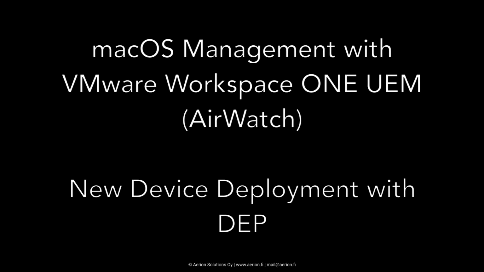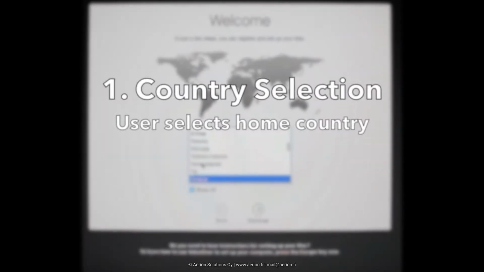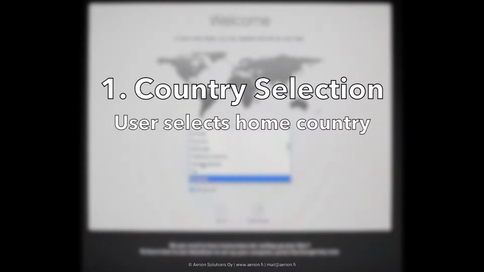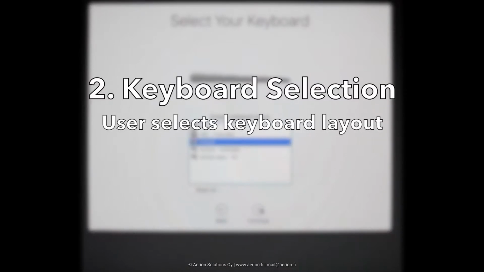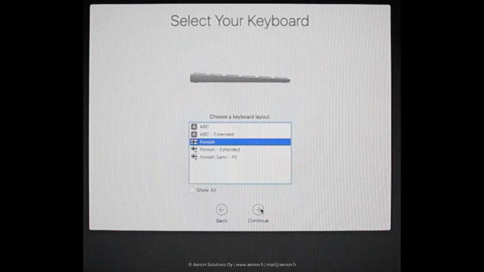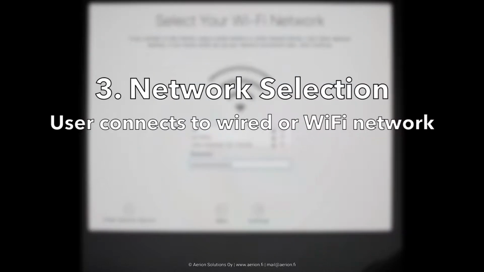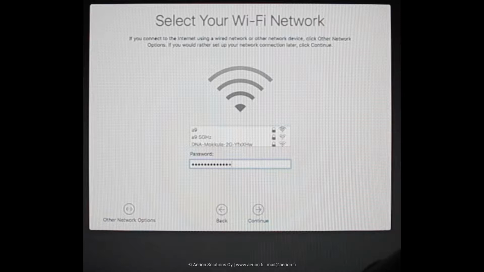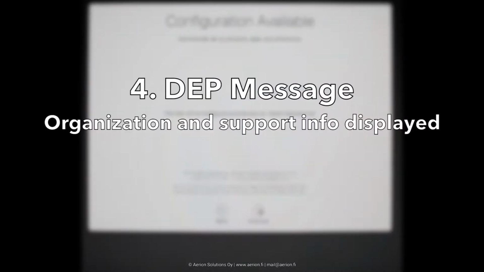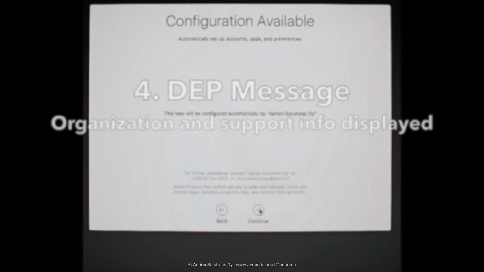In this video, I'm demonstrating macOS management with VMware Workspace ONE Unified Endpoint Management, known as AirWatch. The enrollment of a new Apple DEP registered Mac computer can be easily done by the user himself. He simply turns on the new computer and answers the basic questions on the screen like country, keyboard selection, and network. Through the network connection, the device sends the serial number to Apple, which initiates the DEP enrollment process to